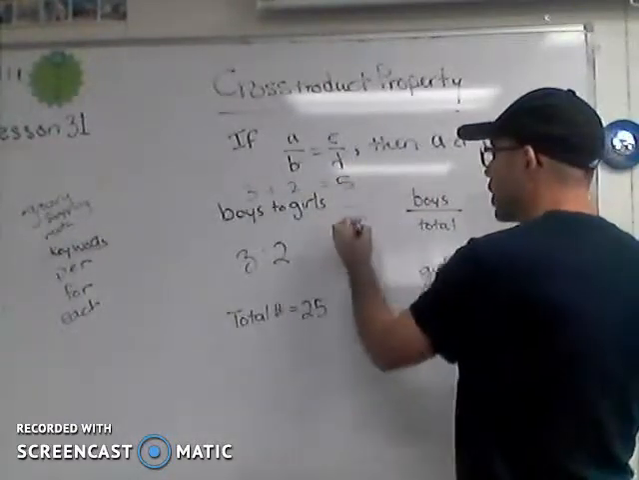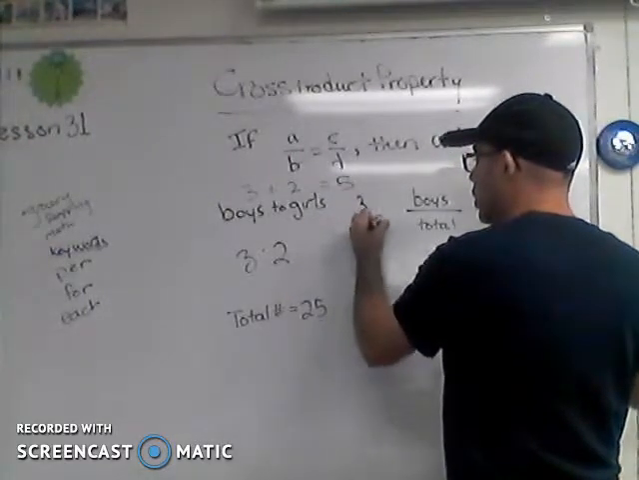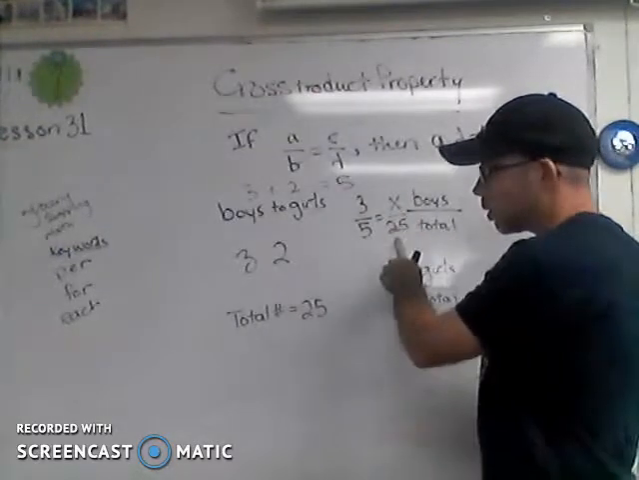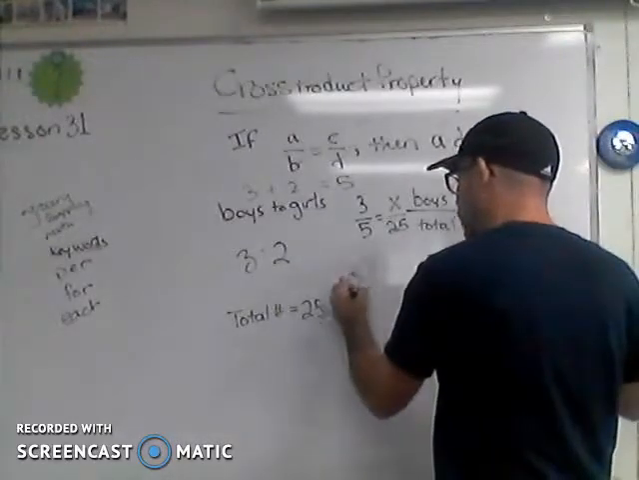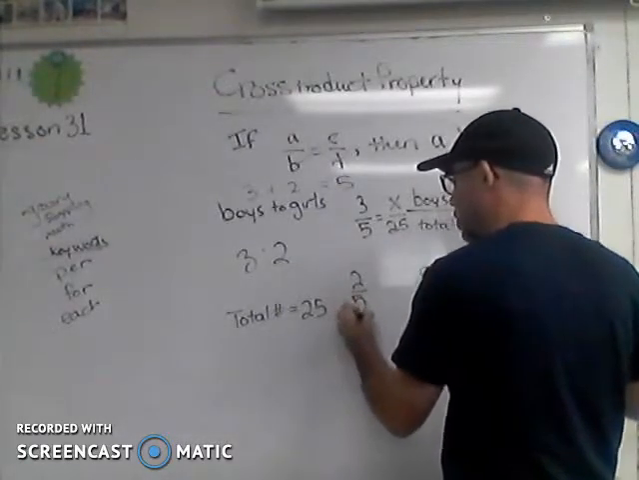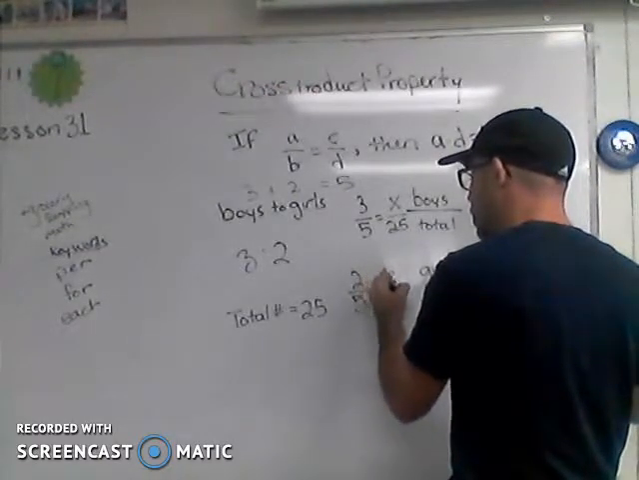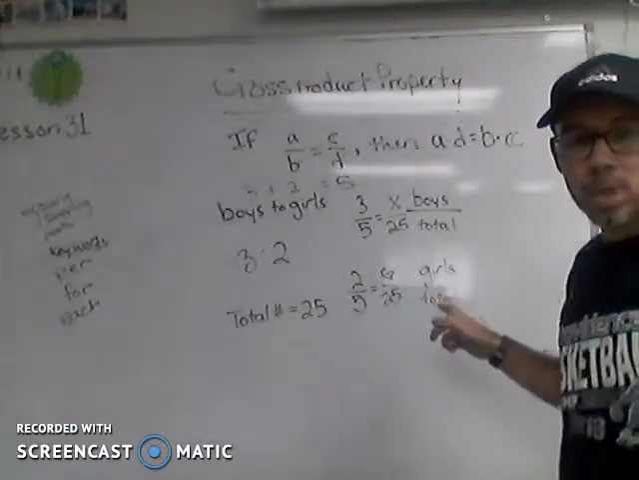So if we compare the ratio here of boys to the total there, we should be able to get the actual number of boys to the total number of kids in the class. Same thing with the girls. The ratio of girls to the total in the ratio is 2 to 5. And then we're going to compare that. Let's put a G for girls here, compared to the total number of kids. Cross multiplication,